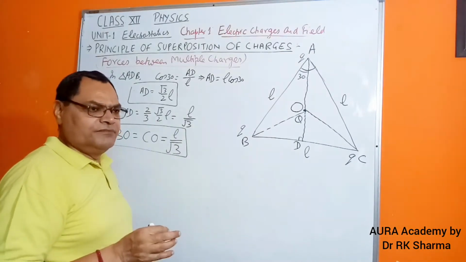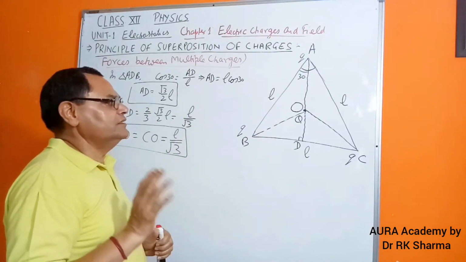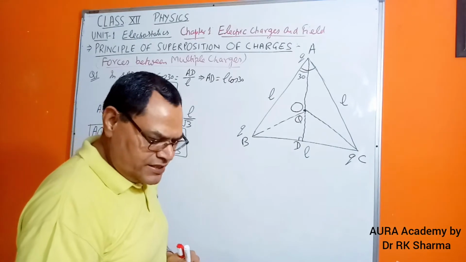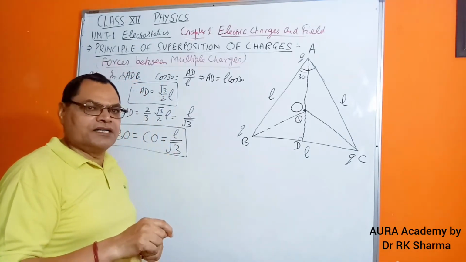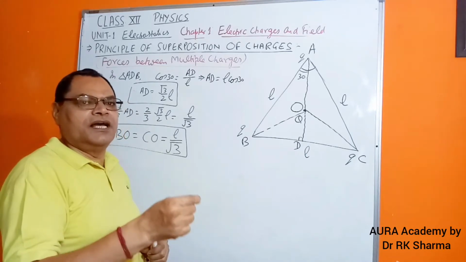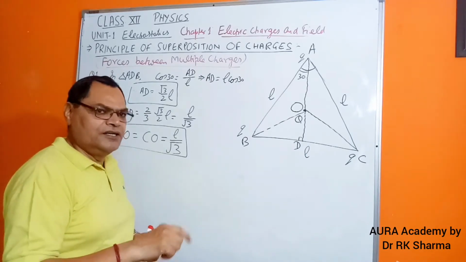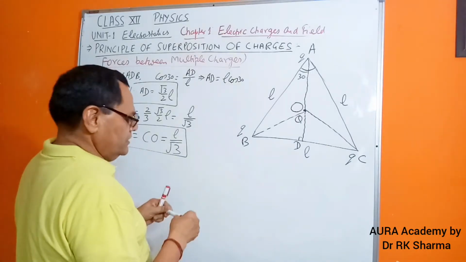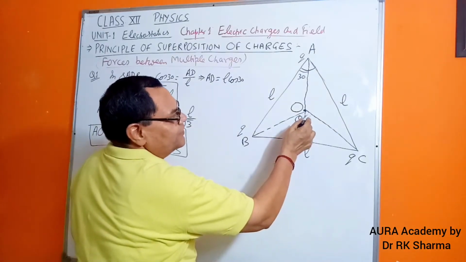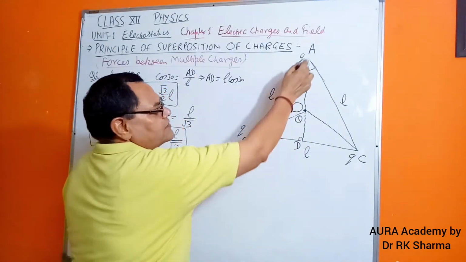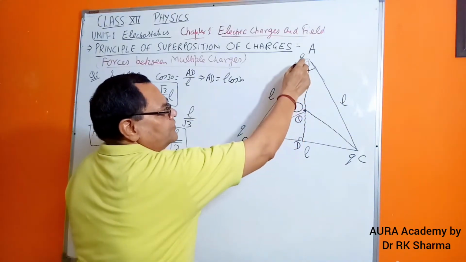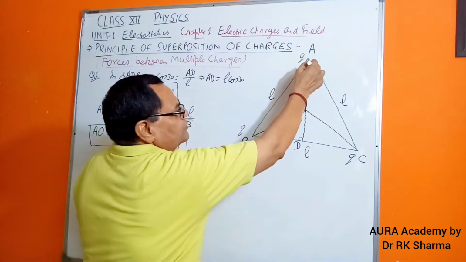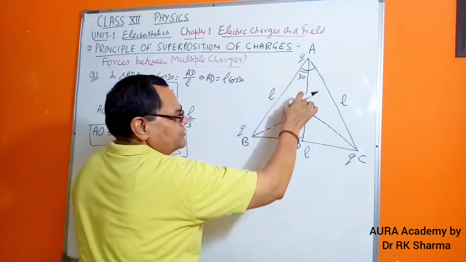So now please remember a very important fundamental. What is that fundamental? As I have shared in the previous class also, the point charge where the force is to be calculated is either repelled or attracted by the other point charge of that pair. Meaning thereby, if we are finding the force at this point, this is positive, this is positive, so the force on this will be acting this way. Clear? So this small q will be repelling this, because both are positive, force of repulsion.